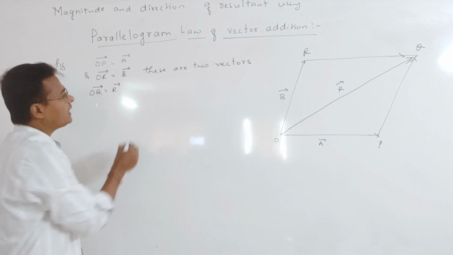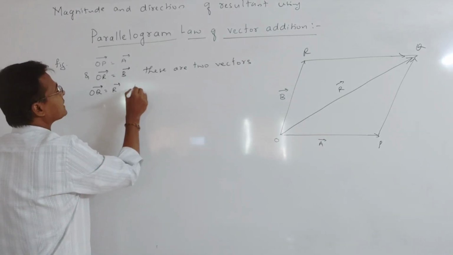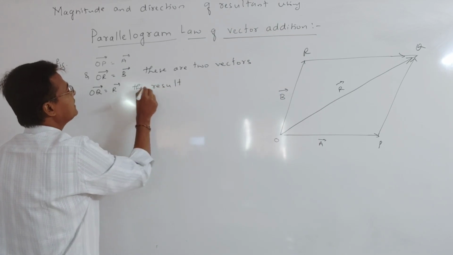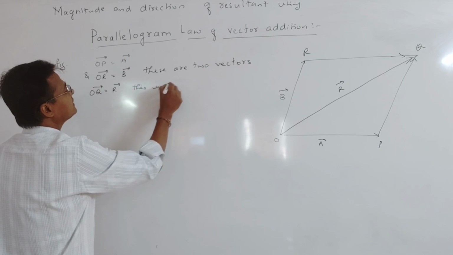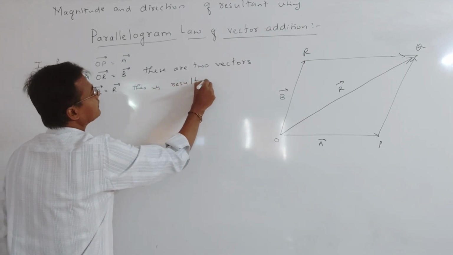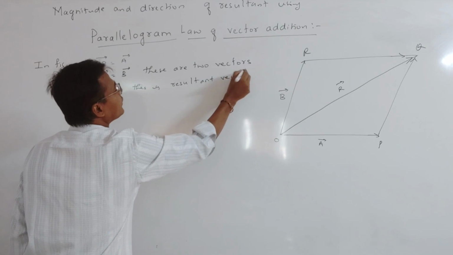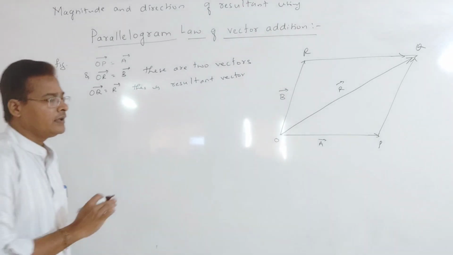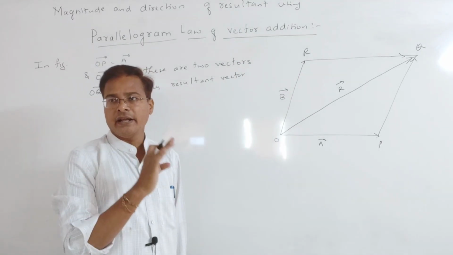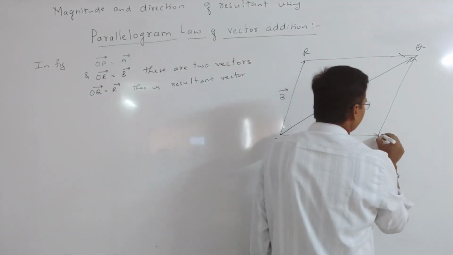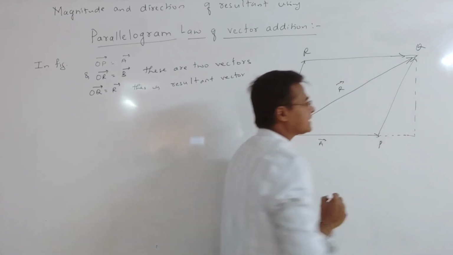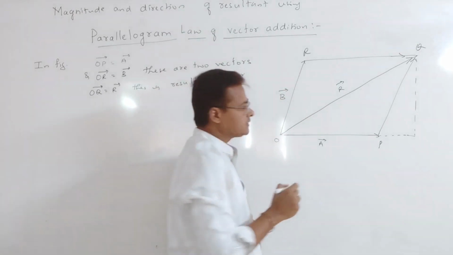So this we are going to call the resultant vector. Resultant vector ಅಂತ ಇರಲಿಕತ್ತಿನ. So now we are considering one right angle triangle. ಒಂದು right angle triangle ಅನ್ನ consider ಮಾಡೋಣ. So we are constructing it, we are extending this one. So this is the one right angle triangle, means to construct this right angle triangle.